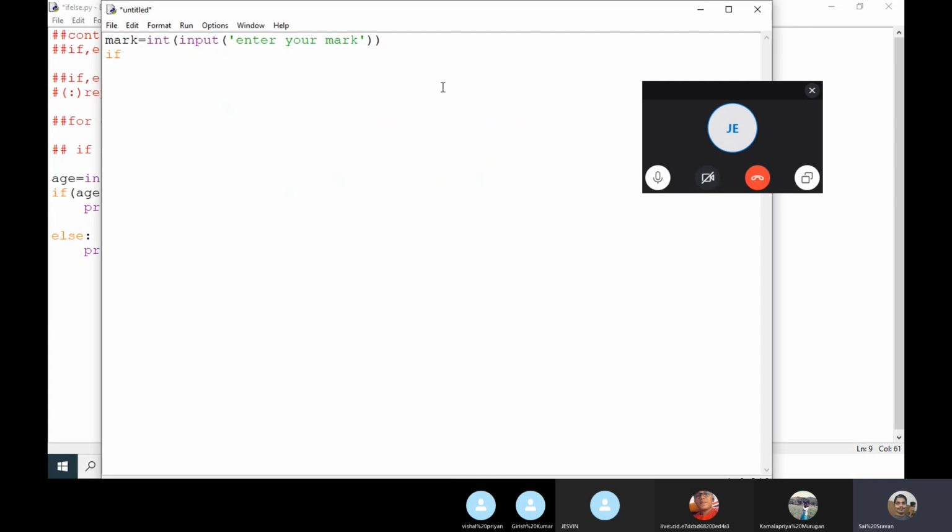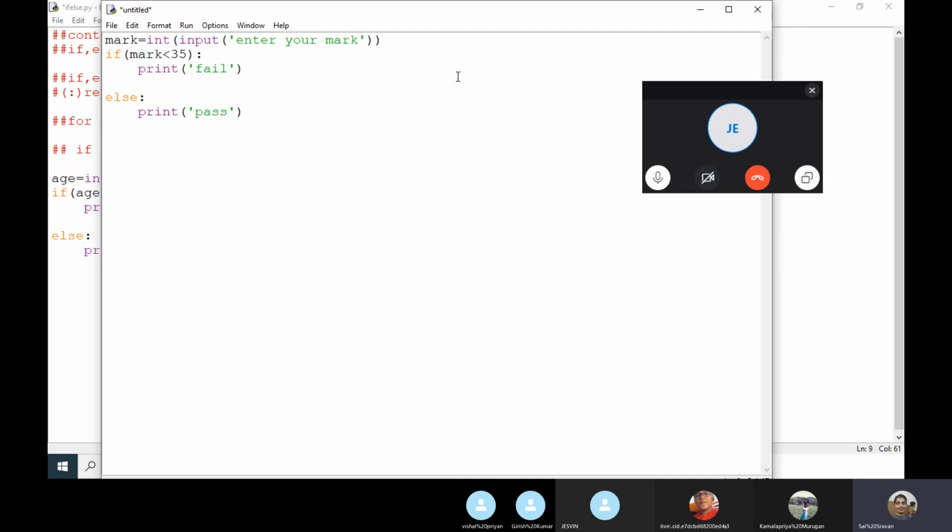So now I am taking if mark less than 35, will print my output as fail, or I am using the else, so print pass. So here I am having only two conditions. One is either true, another one is false.